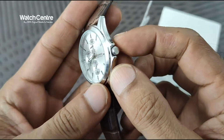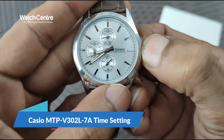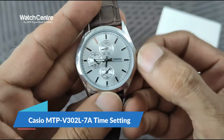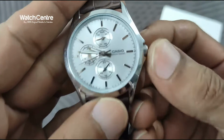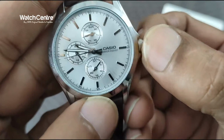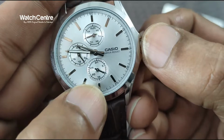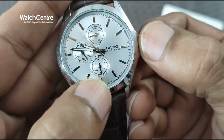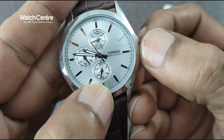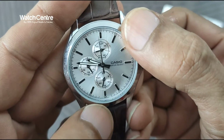This is the knob on the right side. So from this knob you can adjust the time, and also with this knob you can adjust the date. See the lower small dial, you can adjust the date, and to adjust the day of the week like Sunday,